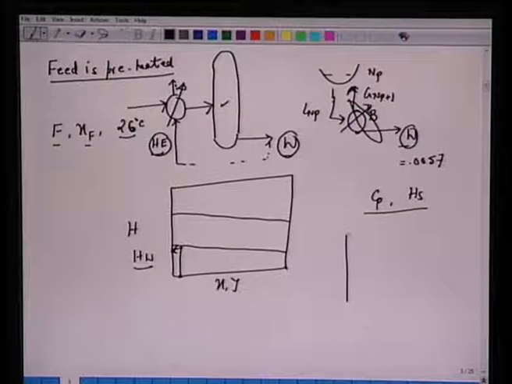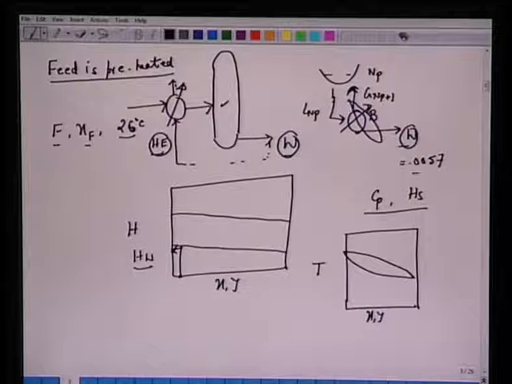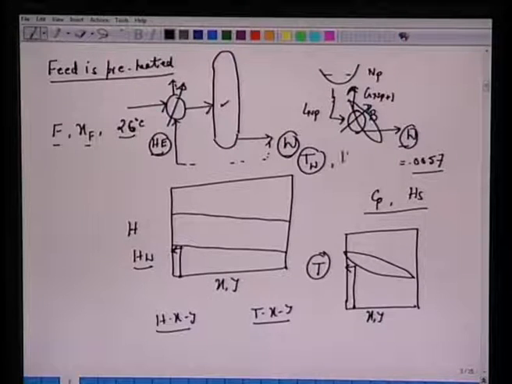Similarly, if you look at the Txy diagram, this also has an equilibrium curve. If you mark x here, if you know 0.0057, then we know the temperature of the stream W which goes to this heat exchanger. In other words, from the knowledge of the Hxy diagram and Txy diagram, we can calculate the enthalpy of this stream and the temperature of this stream, because we are qualifying by saying that the two streams are in equilibrium, or saturated. So we have this saturated bottom product.